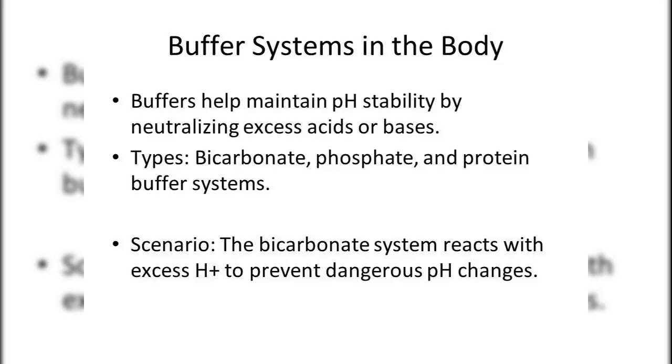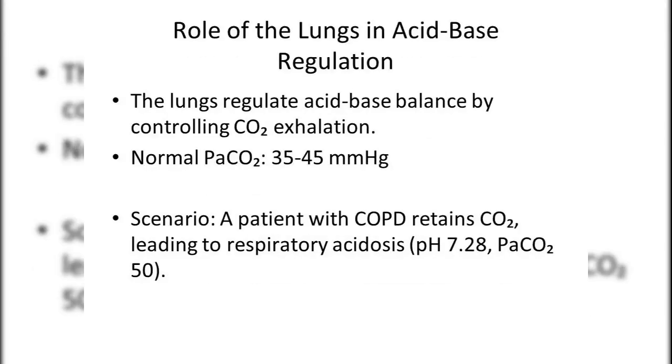For instance, the bicarbonate system reacts with excess hydrogen ions to prevent dangerous pH changes. The lungs play a crucial role in acid-base regulation by controlling CO2 exhalation. Normal HCO₃ ranges from 35 to 45 millimeters of mercury. For example, a patient with COPD who retains HCO₃ may develop respiratory acidosis, indicated by a pH of 7.28 and